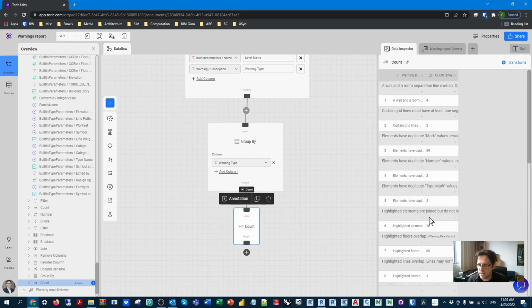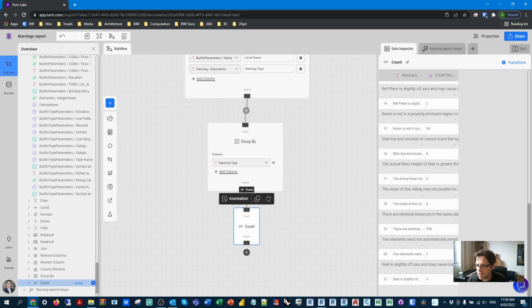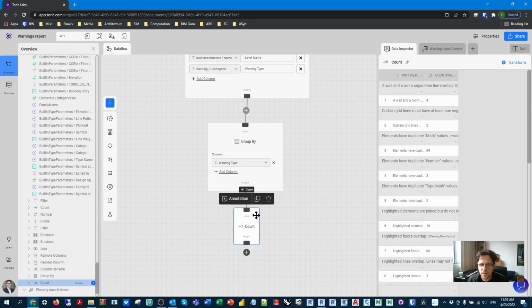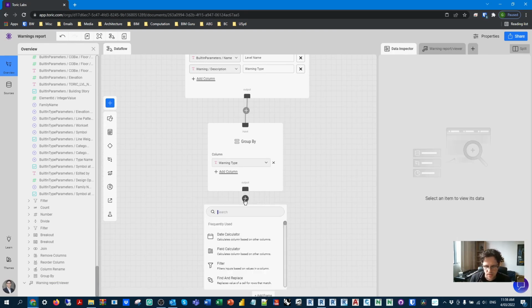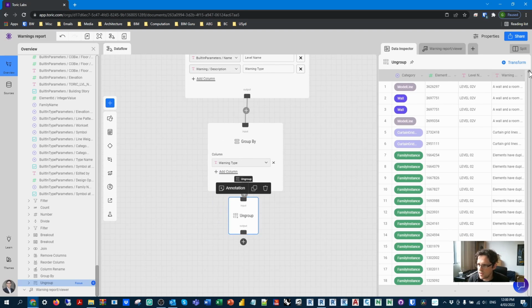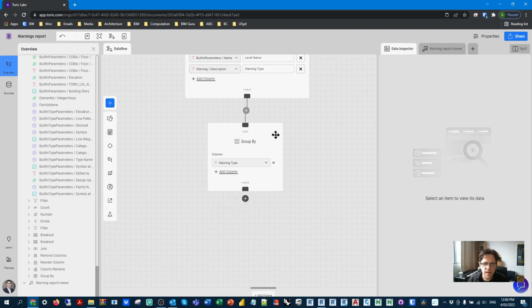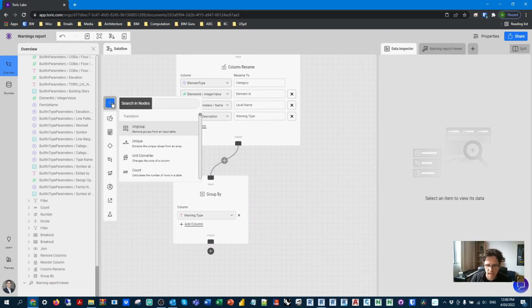So actually that gives me the count of objects, which probably isn't quite what we're looking for at the moment. We can count these things in different ways. What I could do is ungroup my data, but I'm not sure if that's the best way. No, I think what I'll do instead is count the number of unique values, so I'll use the count unique node